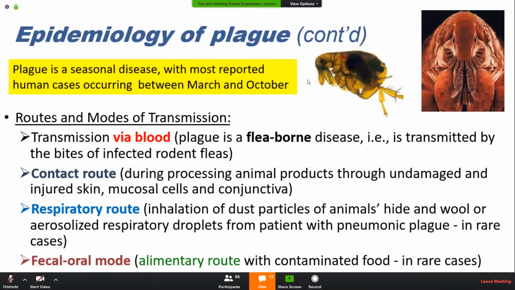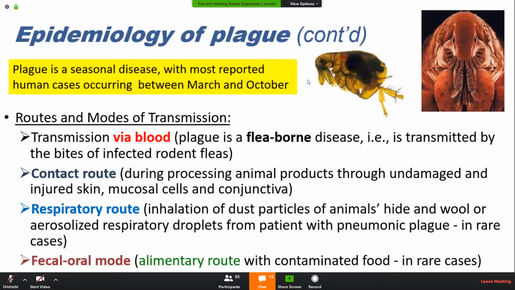After being ingested by the flea, Yersinia pestis multiplies in its gut, stomach, and it releases coagulase. But you know that it is transmitted via blood, so it feeds on the patient, on the animal first, and it eats blood. So it causes coagulation of blood that leads to formation of clotting blood, and it occludes the